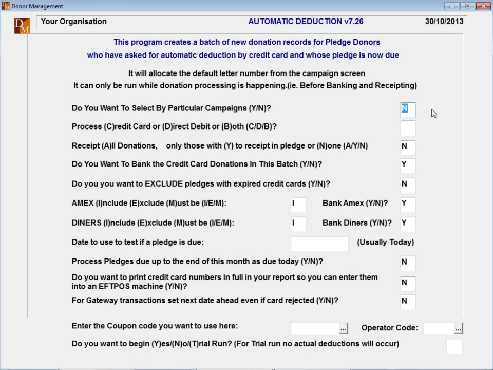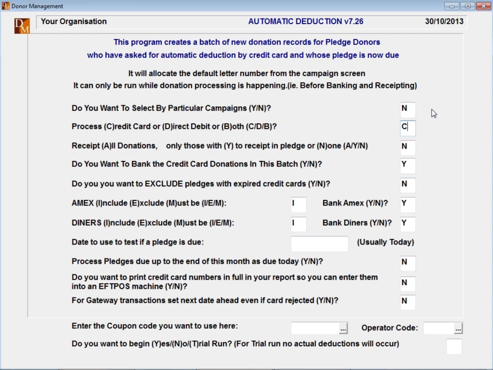So unless, again, you had some reporting mechanism where you could say, no, I don't care which campaign it is, I want to pick up everyone who is an auto deduction. Where most organisations seem to draw the line, though, is I do want a different report if it is a credit card payment or if it is a direct debit straight out of the person's bank account, so that the paperwork that comes out as part of my batch listing will show here's all the credit cards that are going to go through today, and here's all the direct debits. So I haven't got them all intermingled, because it makes it a little bit hard for you to go through and pull them out later.